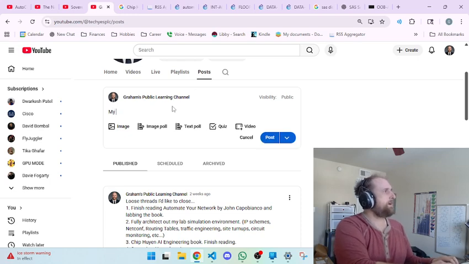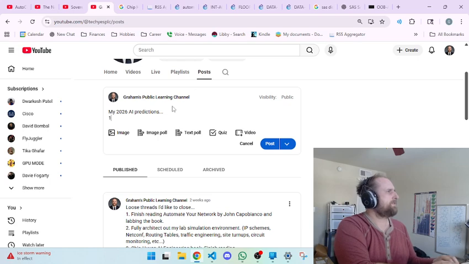I'm going to write down my 2026 AI predictions. Yeah, this will be fun. Okay, so: new AI language, new programming language. AI creates new programming language that rapidly gains popularity